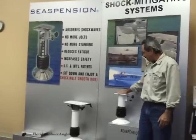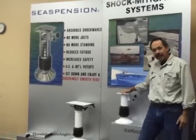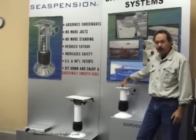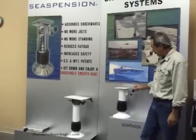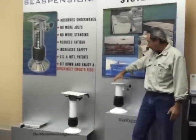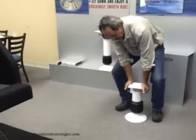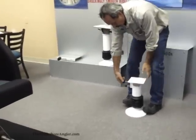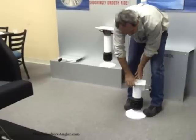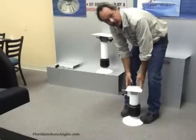This is the base model, if you will, that was the original design, and we kept true to the design from its first days, in that the outside tube, or this partition right here, swivels around its axis, giving you both shock mitigation as well as swiveling capabilities. You just loosen the thing up, and now it will lock in its forward facing position